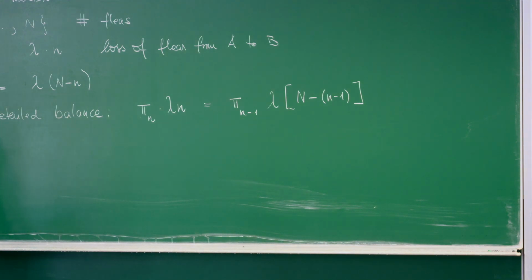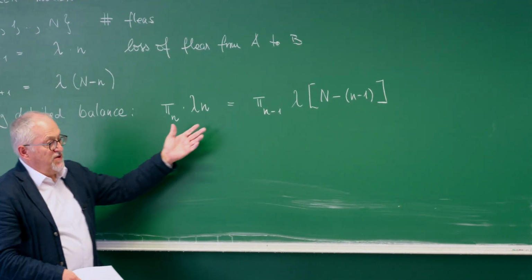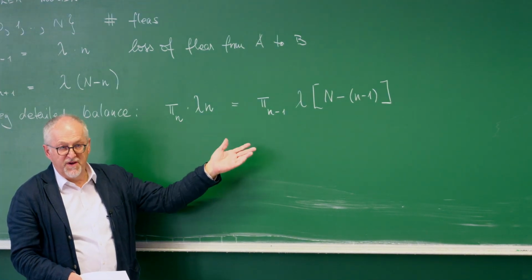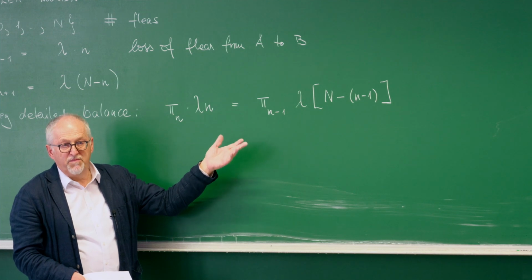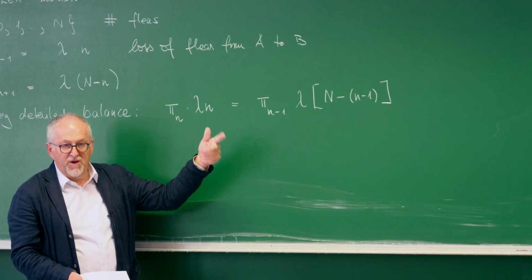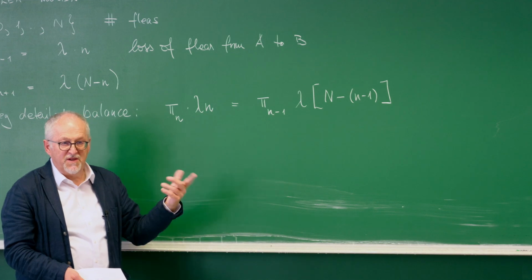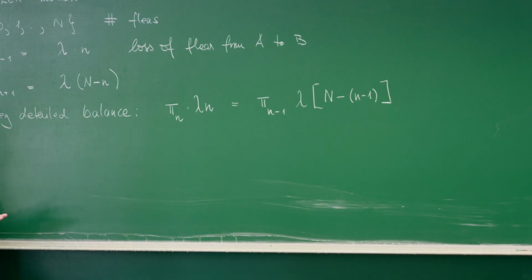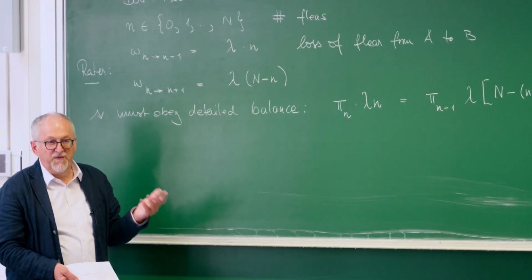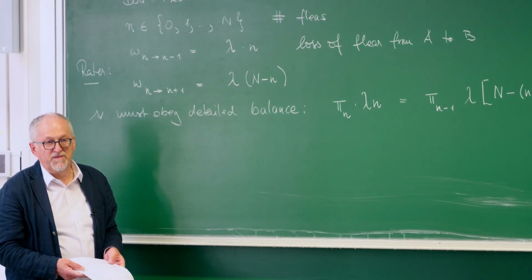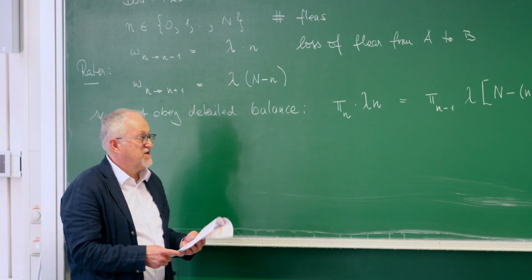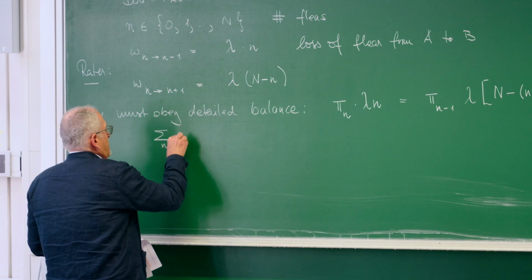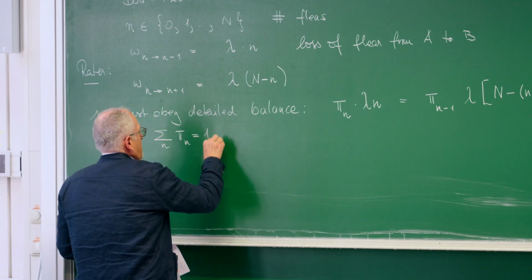This is a recursion relation. And once you have a recursion relation, it's quite straightforward to calculate the whole distribution function. You just start from P0 and you work your way up to P1, P2, etc. Then you're left with a normalization constant, P0, but you can fix that by normalization. Probability has to be such that the sum over Pn is 1. So you use the sum over n of Pn equal to 1,